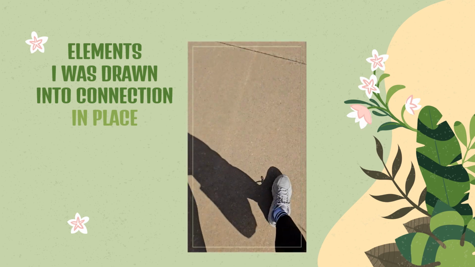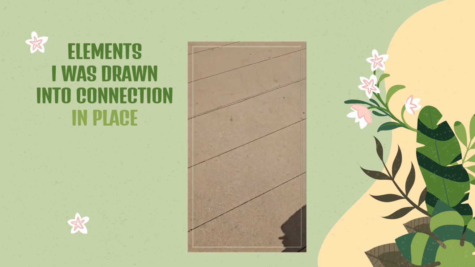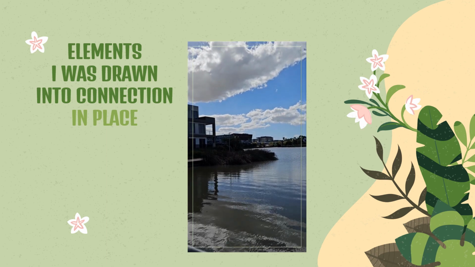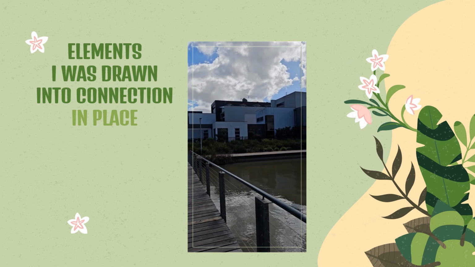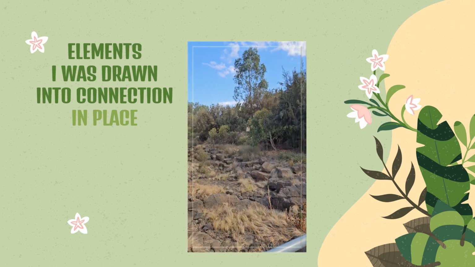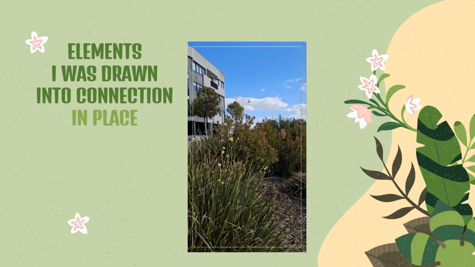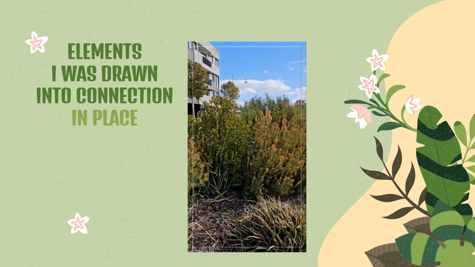Children can explore shadows and light, which is a great way to learn about simple science. Here I see a lot of clouds in the blue sky, the reflection in the water, and rocks, trees, and more plants. The colors of the plants look beautiful. I wonder what the names of those plants are.